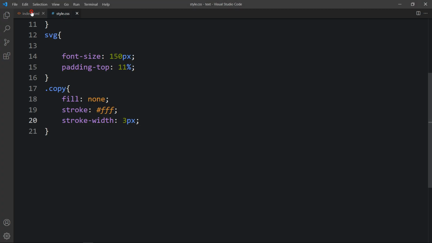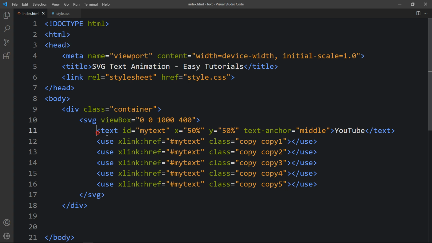Now you can see the stroke, and we have the background color which is black. So let's remove this black color. For that, in this text we will add fill none, like this. Now you can see there is no color within this stroke.